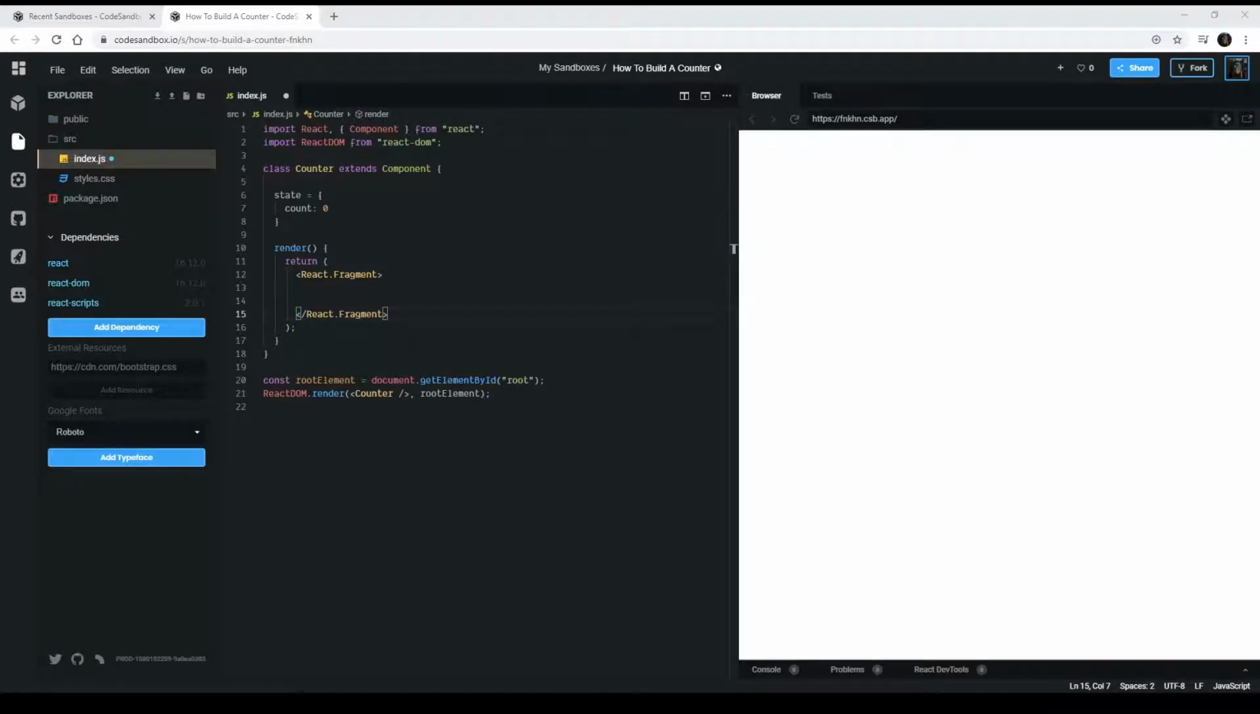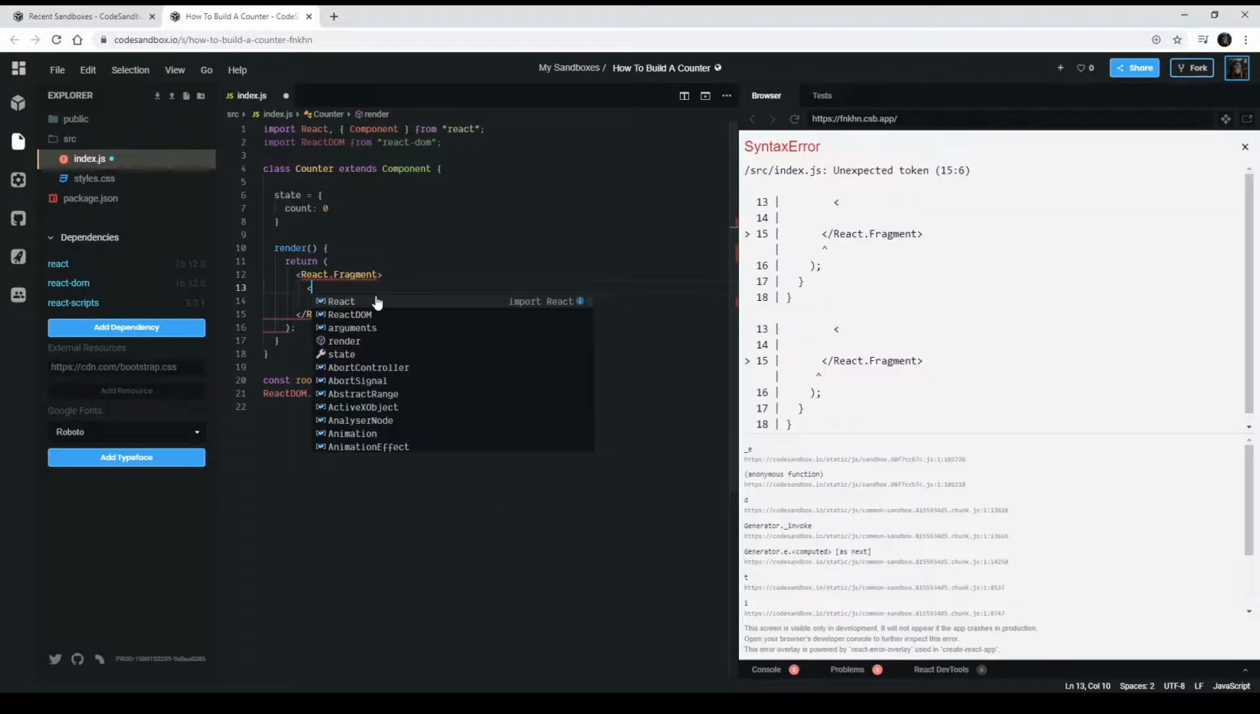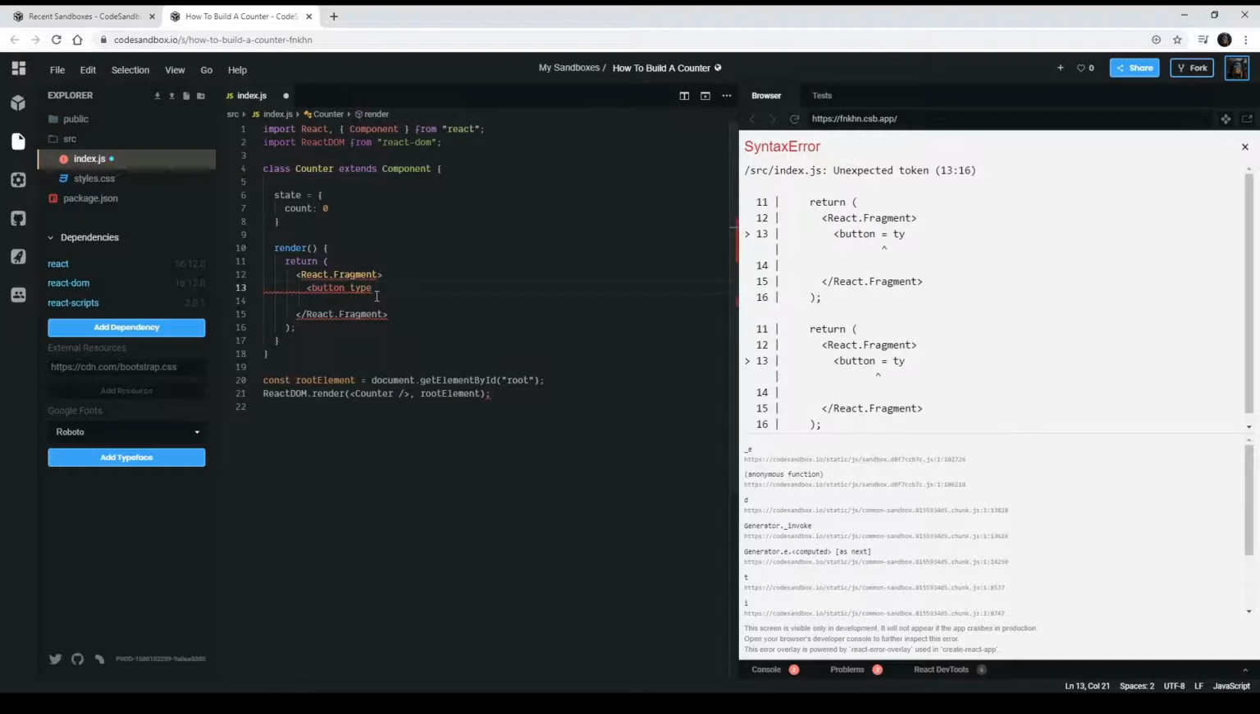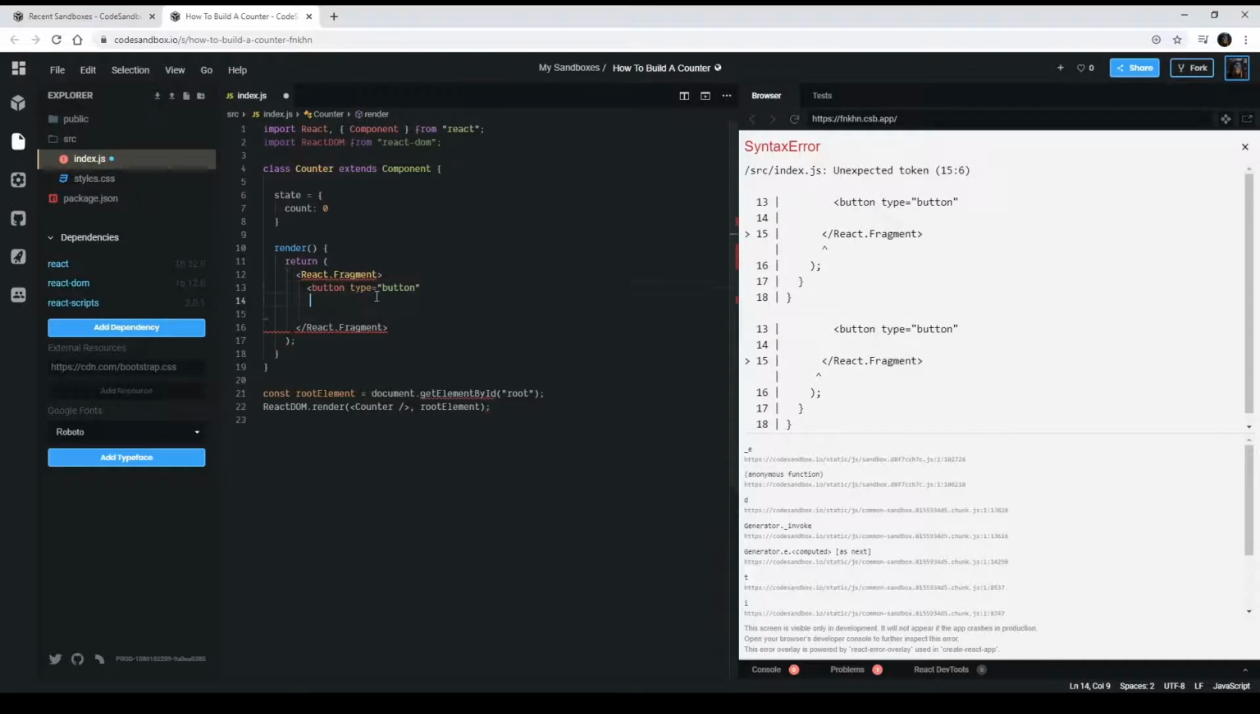add a div, or maybe we just add the buttons directly. So we need a button. This one is supposed to have type button, and I will put a className to target some CSS as well. Let's see, className equal to buttons, to keep it simple. Okay, let's close this tag,